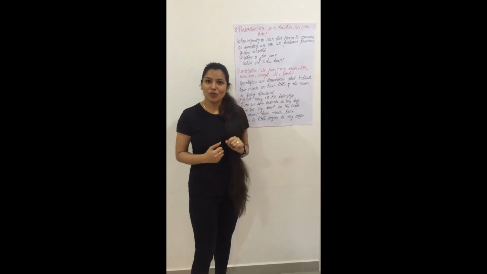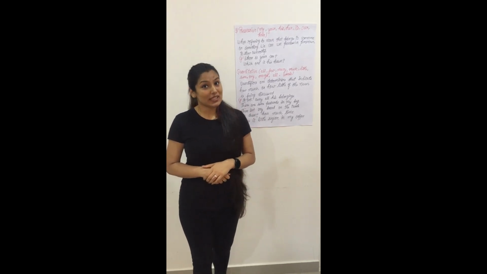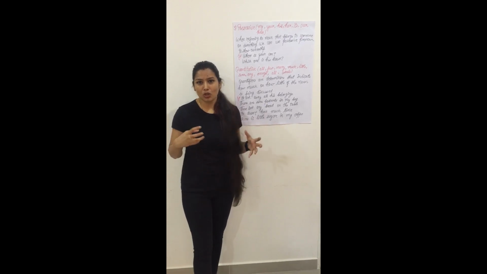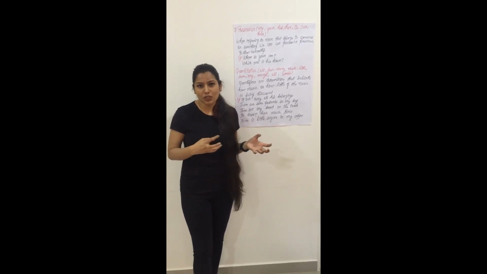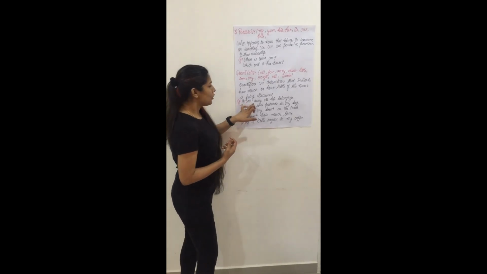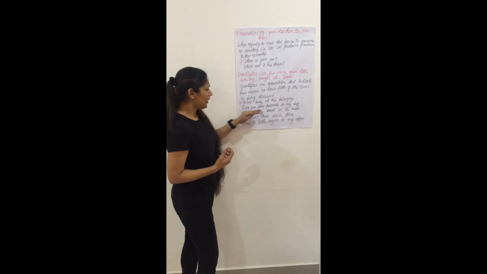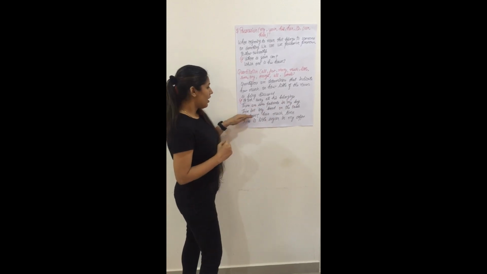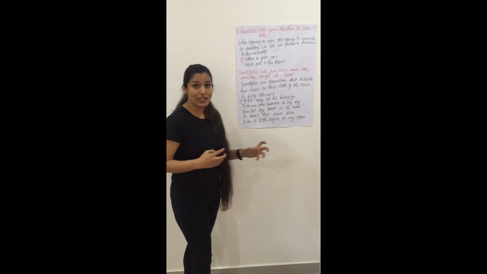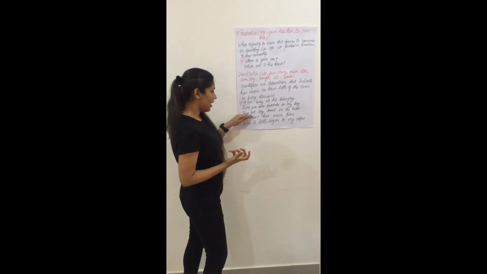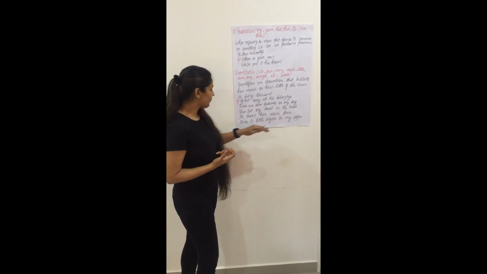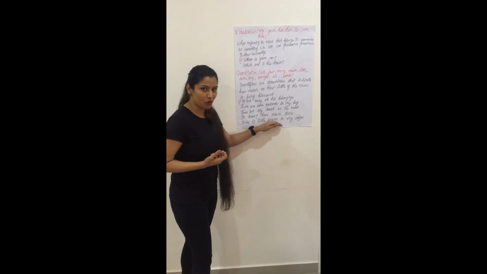So now let's move on to our last determiner, which is quantitative determiner. Quantitative determiners are basically used to show the quantity of the noun or to show how much or how little of the noun is being used. For example, he took away all his belongings. There are some postcards in my bag. There isn't any bread on the table. So just to remember, the determiner any is used in negative sentences. There isn't any bread on the table. He doesn't have much time. There is little sugar in my coffee.